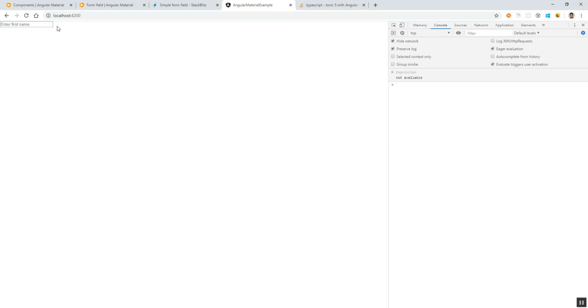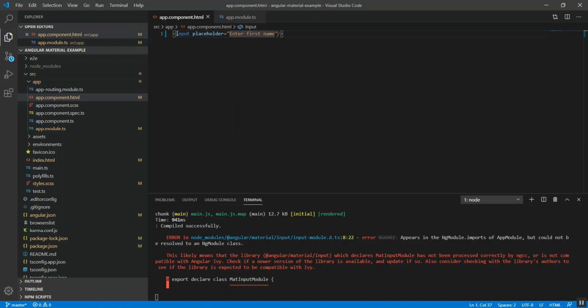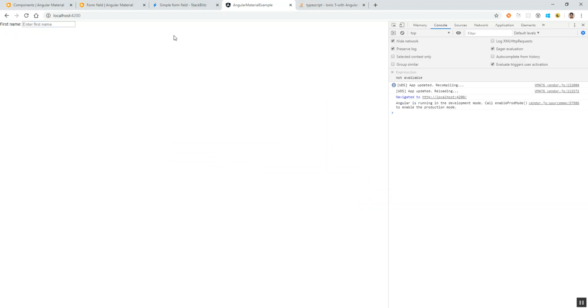What if we need a label before this input? So we can type first name. Yeah, let's see again. Yes, this is an input from our normal HTML.